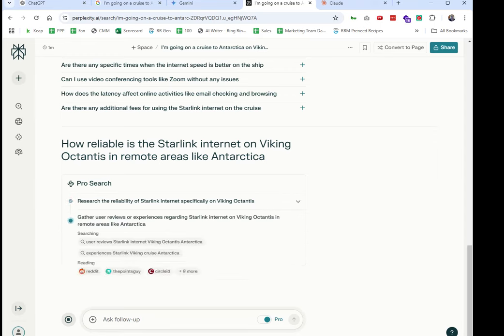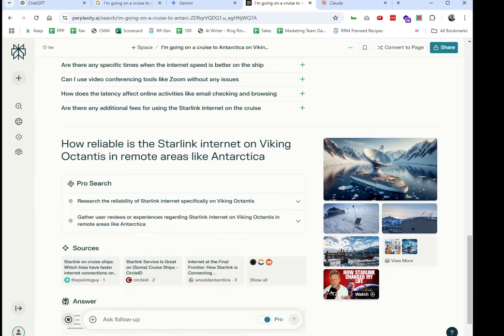So do play with all four of these. You will tend to see slightly different results, but everyone's getting better. That's all I'm saying, all of them are getting better. My default is still typically ChatGPT, and if I'm not seeing the results I'm looking for, I might prompt it a little bit more for more information. But these days, I love Perplexity quite a bit, because it's a search engine.